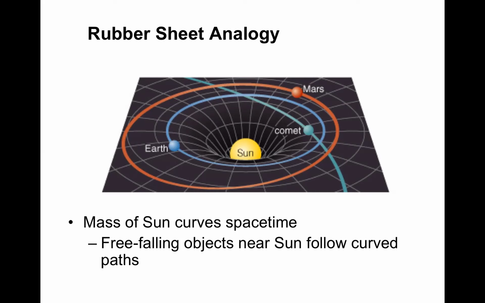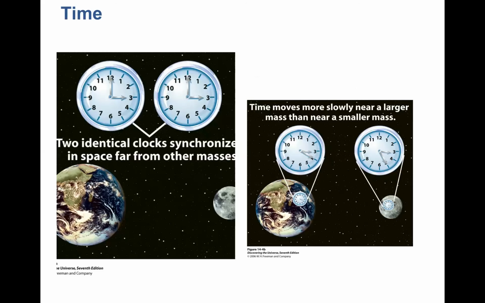Okay, now there are some other differences between Einstein's theory of gravity and Newton's theory of gravity, and this is where the time part of space-time comes in. Time itself behaves differently depending on how space is curved where you are. And this is the other difference between